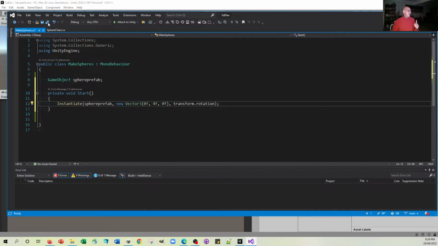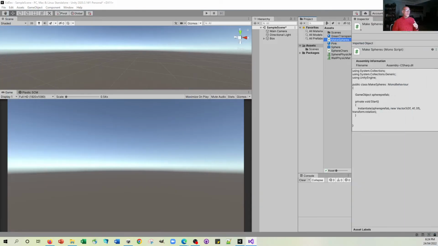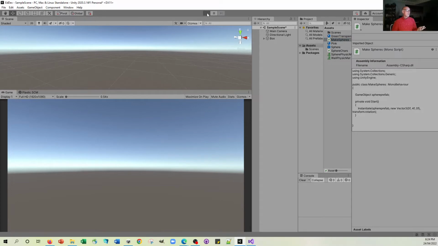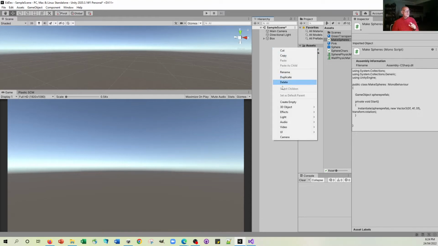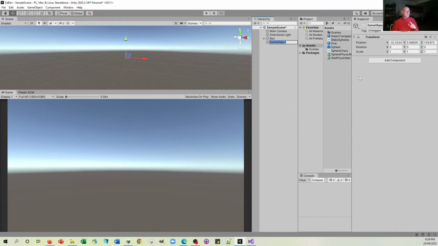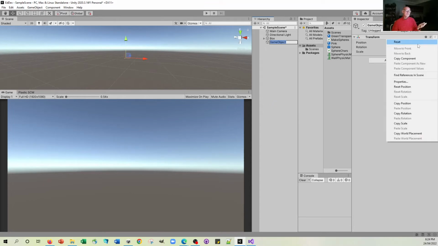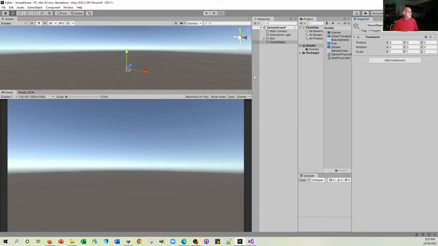So let's save that, and what we want to happen is that when we go into play mode, we want that script to run. Now at the moment, if I go into play mode, nothing's going to happen because there's nothing telling that script to run. We need to attach the script to something that's already in the scene. We could put it on the box, we could put it on the camera, we could put it on the light, but convention is that you make an empty game object anywhere, and in the middle is good enough,